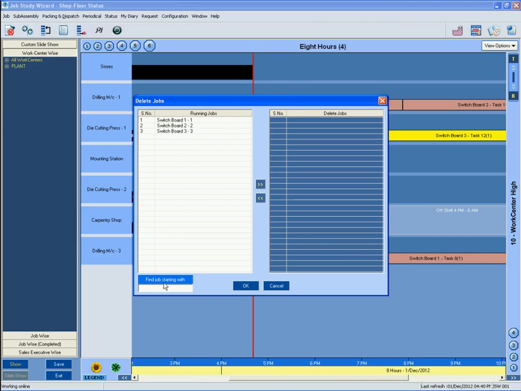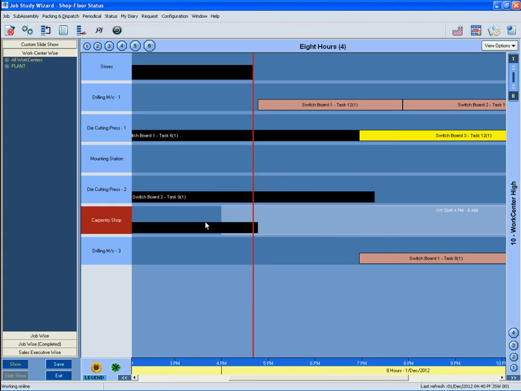One can directly select or search jobs that one wishes to delete. Use the double right and left arrows in the middle to move jobs to the delete list. Press OK to save changes or cancel to simply exit. Remember, this feature is only available if one had entered password, allowing one to delete jobs as explained before. The sixth icon, J2J, is disabled in the evaluation version.